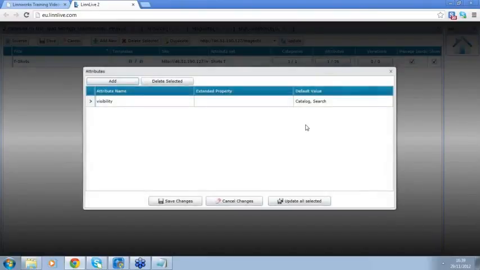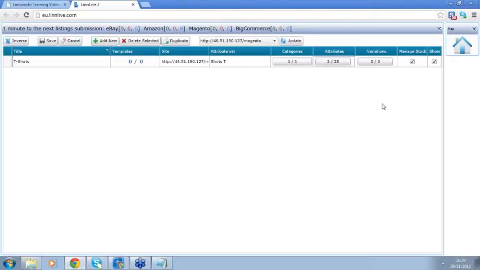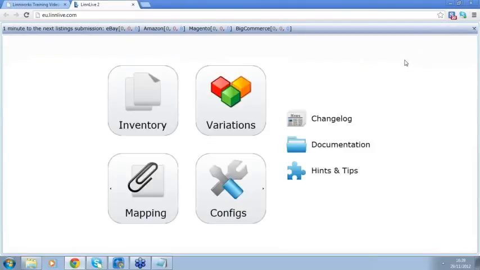And here we can see attributes that are already predefined on the Magento. So if I just add another attribute, for example, model, it will populate the predefined value which exists on the Magento backend. And if you tick manage stock, you'll be able to manage stock with Linnworks. And show means that the configurator will be shown when you try to create listings. So let's save changes first,